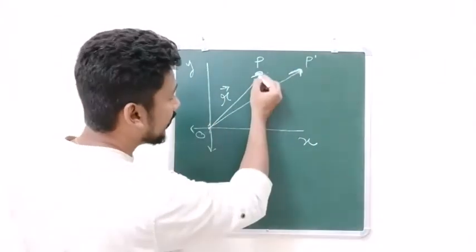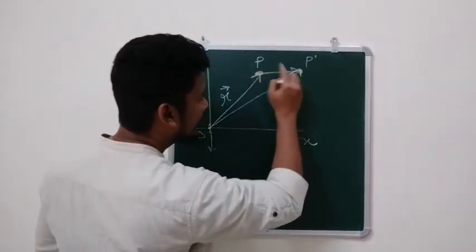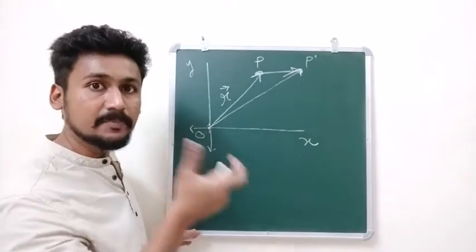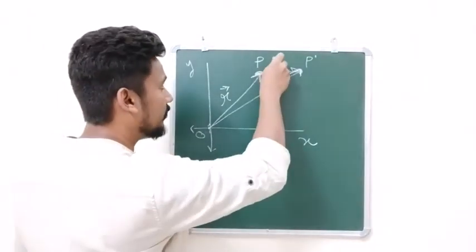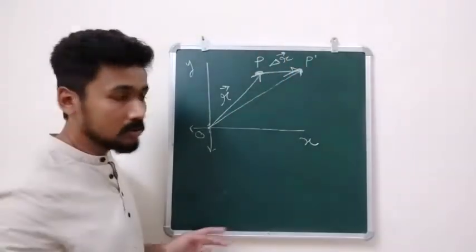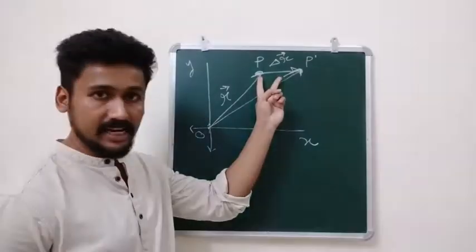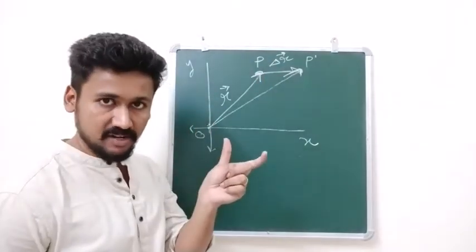Fine. And now you can see there is a vector going from P to P dash, that is this vector. This is known as the displacement vector. Generally, it will be denoted by delta r. Okay, so from point P to point P dash, the vector that we are getting, that is the displacement vector,